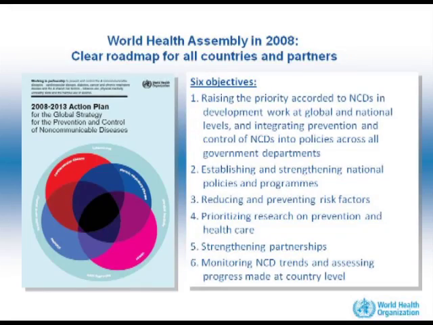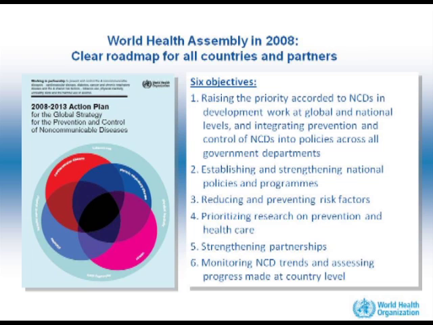And another tool which was helpful to countries was the NCD action plan. Here again, it was an action plan to implement the global strategy for NCD prevention and control, which was endorsed by the World Health Assembly, meaning that 193 countries accepted it. And there were roles and responsibilities spelled out for the WHO, for the member states, for the partners across 6 objectives. And the 6 objectives focused on according priority to NCDs in the development agenda, considering it in policies outside